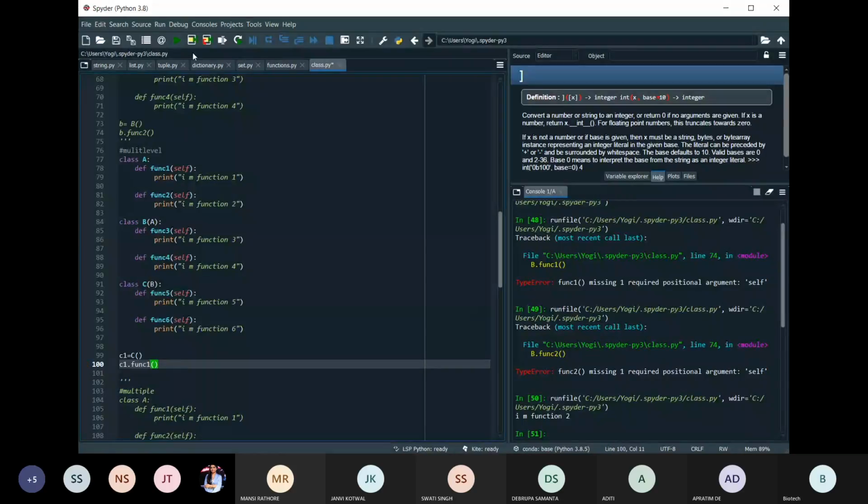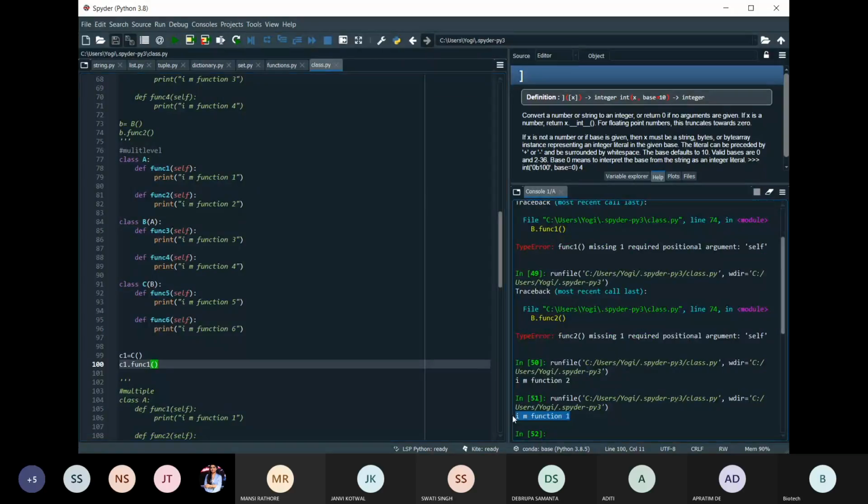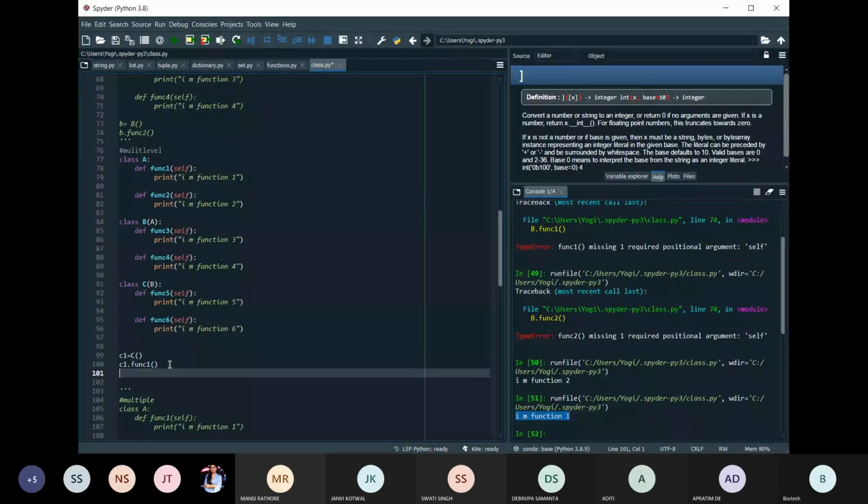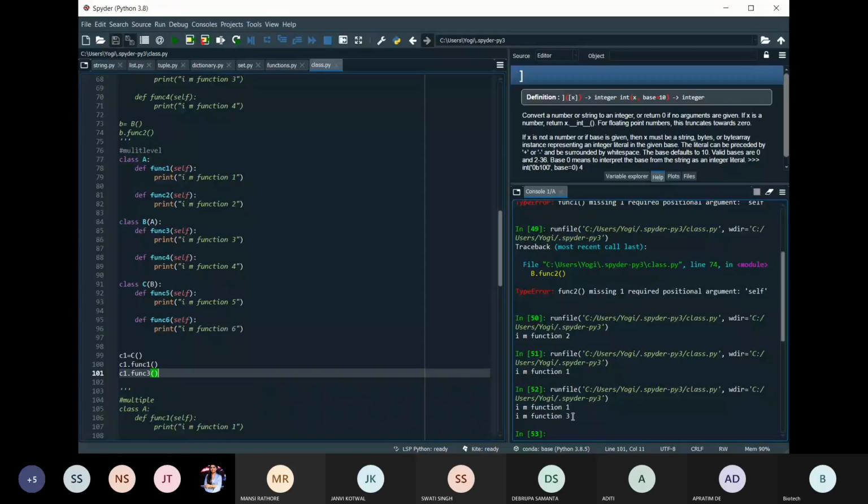Yes, I'm in function 1. It is giving me the output. If I write C1 dot function 3, that is a function of B class, I'll be able to do that. Yes, I can do that. So this is one simple example.